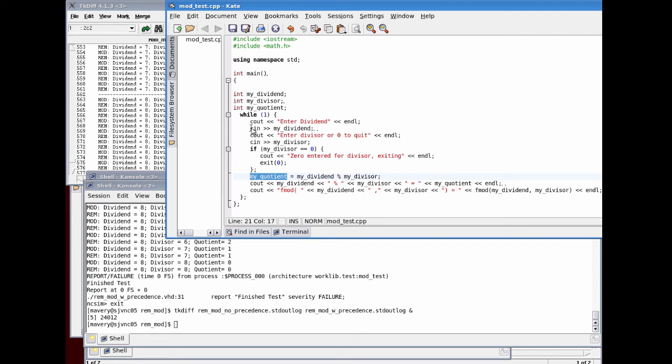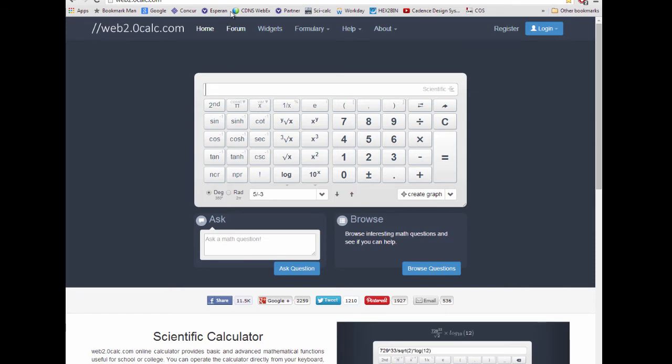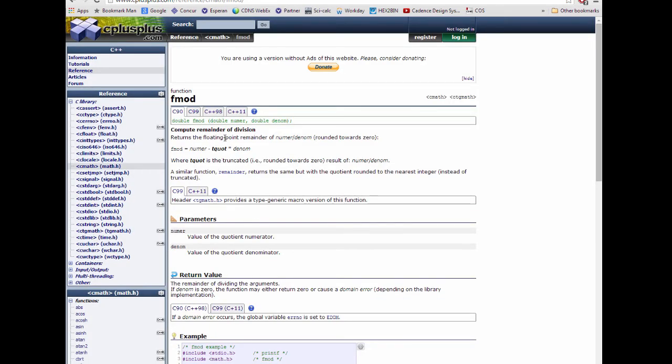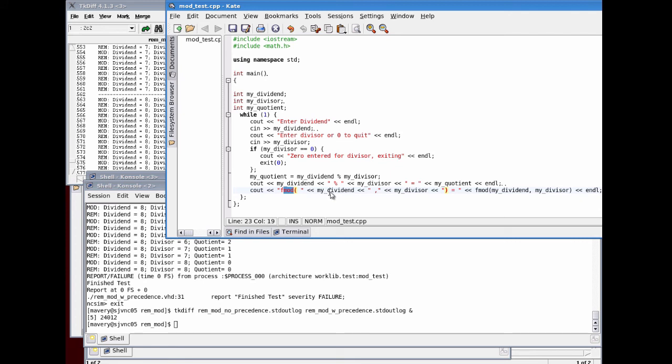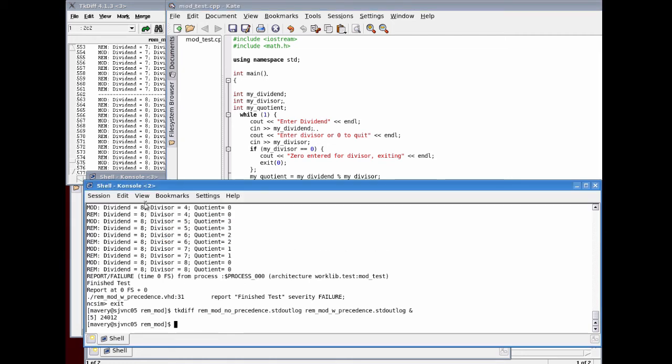Those operands are taken in via the cin, so basically it's just an interactive console, and we're writing out that. We're also writing out the value of this fmod. This is a function inside of the math.h library. You can search on this on c++.com or somewhere like this. It will tell you what it does: floating point remainder with rounding. So if we wish, and this is not the intention of this lecture, we can compare that result with what the modulus does. Okay, so if we run this program now, if we first build it,